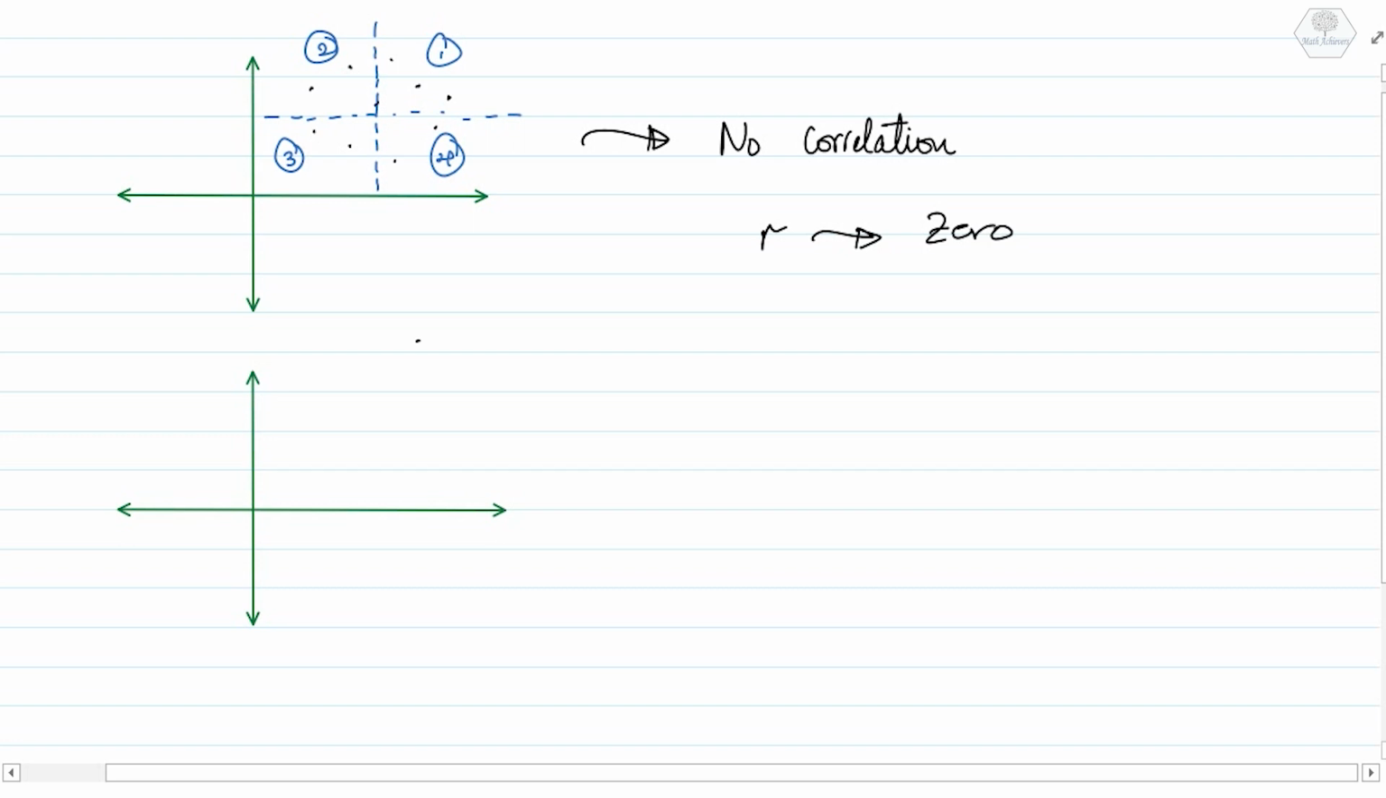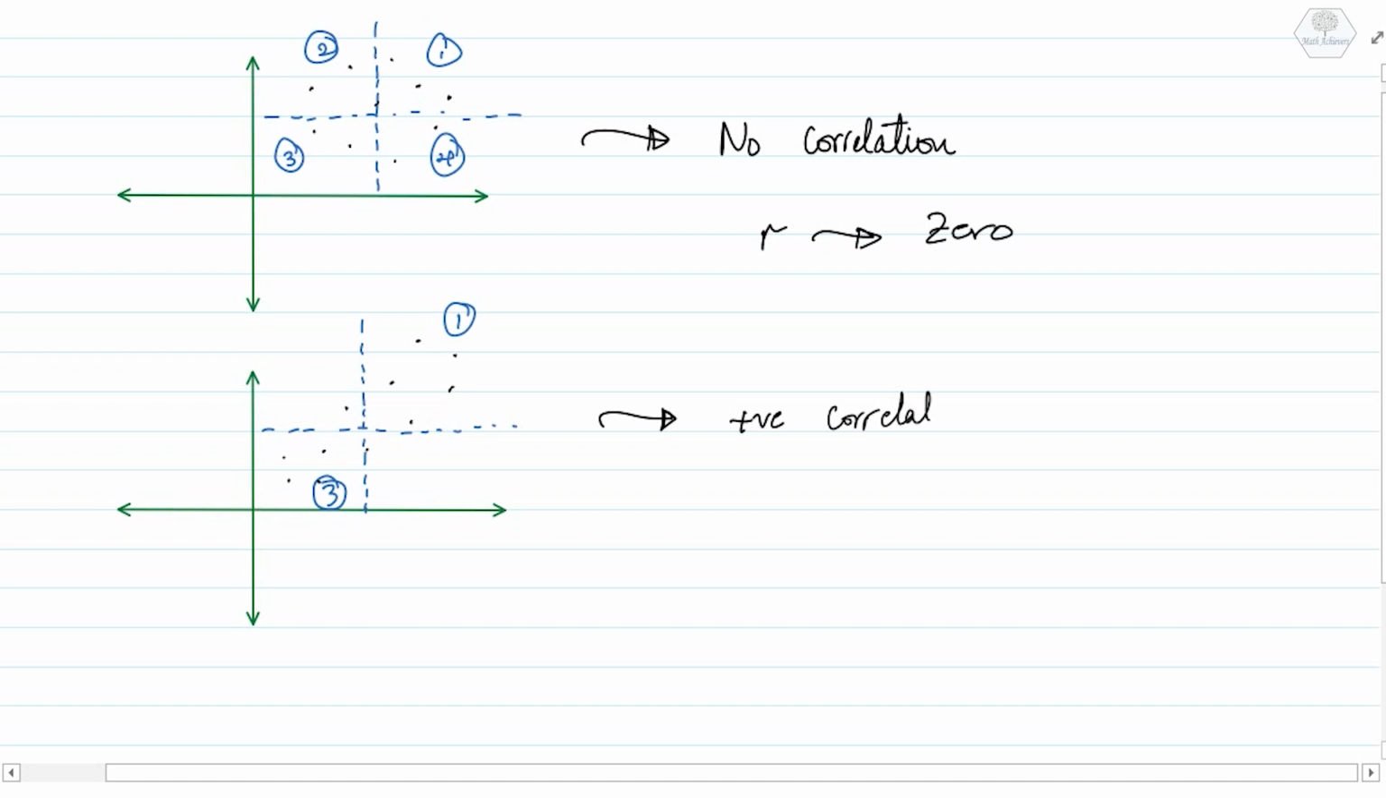Let's draw our points. These are my points. And let's make our quadrants. It's from the half of these points. If you can see, here I'm having all the points lying in the first and in the third quadrant. In this case, when the majority of the points are found in the first and the third quadrant, then I'm having a positive